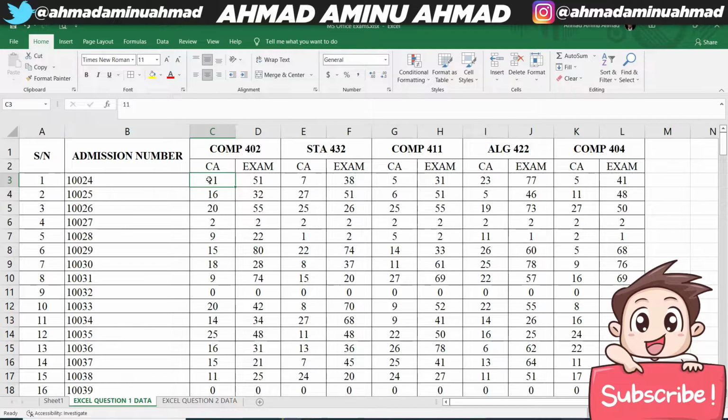That is, we need to add 1 and 11, 7 and 38, 5 and 31, 23 and 77, and so on. So this is what we are going to do. Then at the end of it, we need to have the grand total of all the marks per student. So I think we are going to